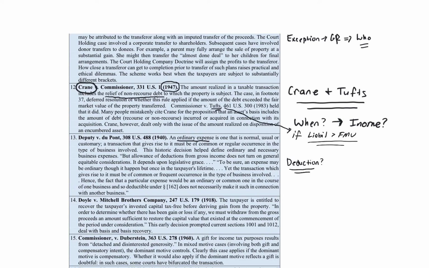So that's what the case dealt with. But the reason this case is so important is that the key language from the case states that income is to be interpreted broadly, and deductions narrowly. The court says that deductions are matters of legislative grace, meaning that they're meant to be interpreted narrowly. That's how the courts take that.